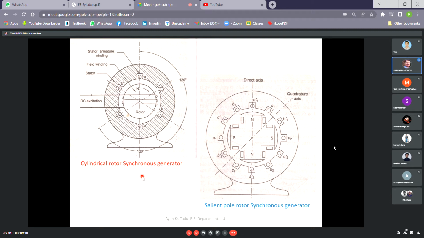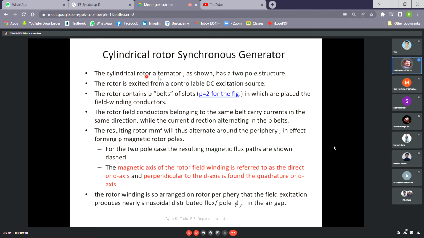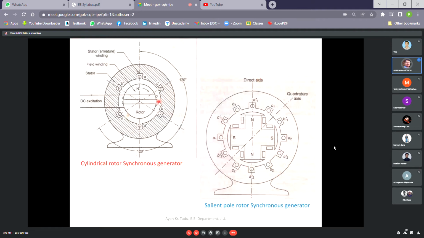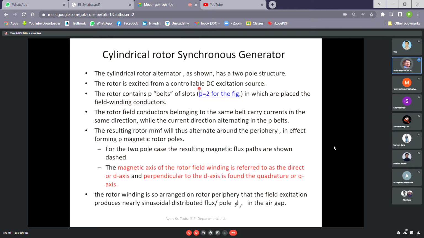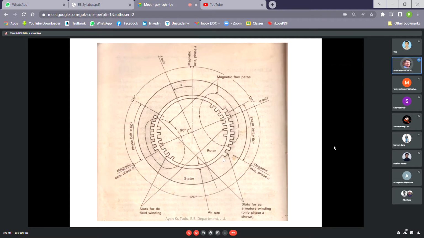So now, the cylindrical rotor alternator, as shown in the figure here, has a two-pole structure. The rotor is excited from a controllable DC excitation source, and the rotor contains P belts of slots. When I'm saying P belts of slots, this is again a typical figure